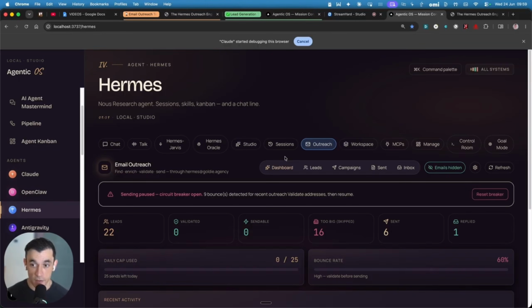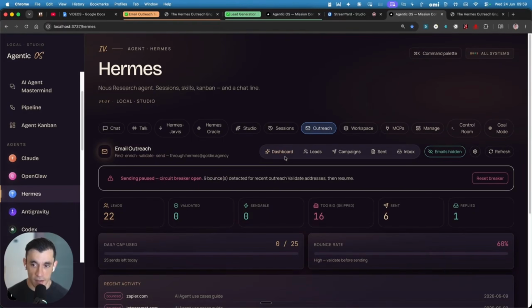We give it access to Himalaya, which is a skill where it can read the email inbox and it can reply and anything else. And then finally as well, we make sure that it has access to Google Workspace API so that it can access and send emails and read the emails from the inbox. So with those 4 things, Hunter, Google Workspace, Himalaya, and Hermes Agent,